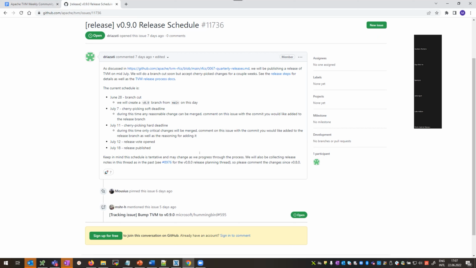Yeah, I can say something, or David can say something too, but we're going to follow this new quarterly release procedure that's been approved through RFC. You can see the schedule that comes out of that. If folks are interested in contributing to further testing the release over what the TVM CI would provide, there's a window in here for folks to propose fixes and get in any last cherry picks that we want to apply to the release branch.